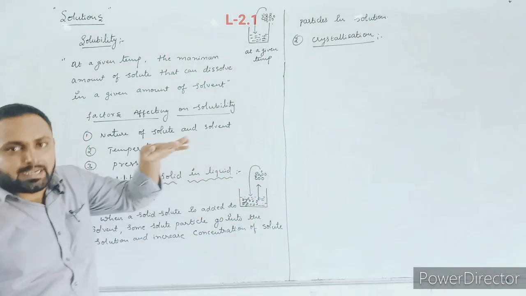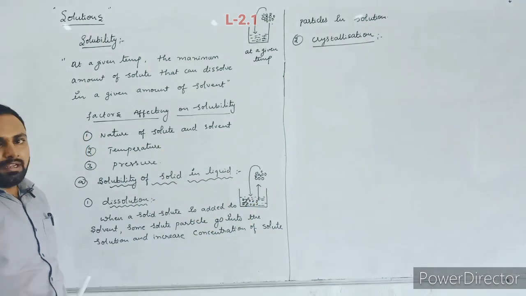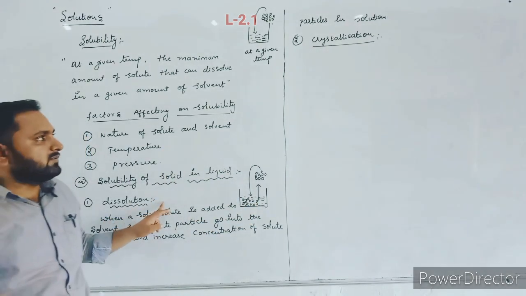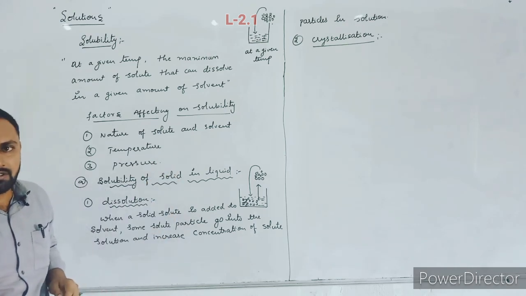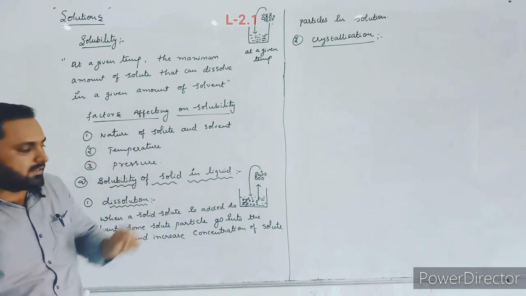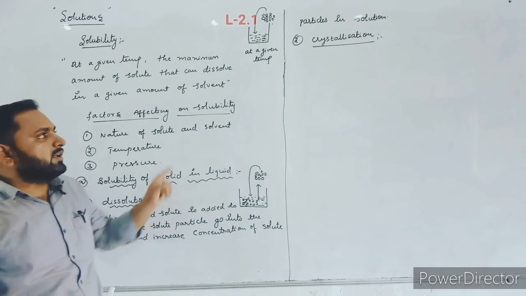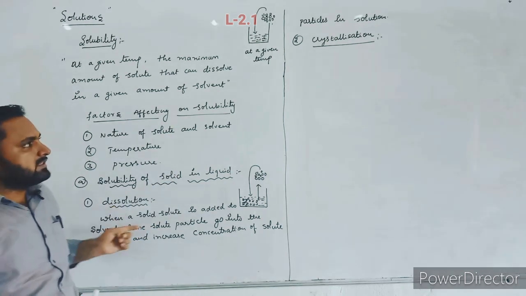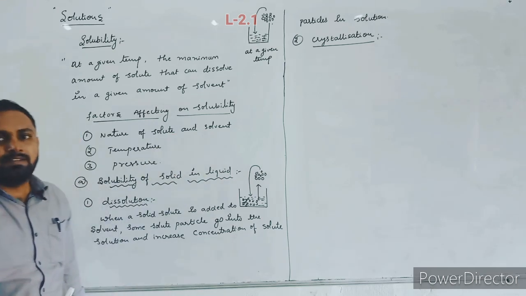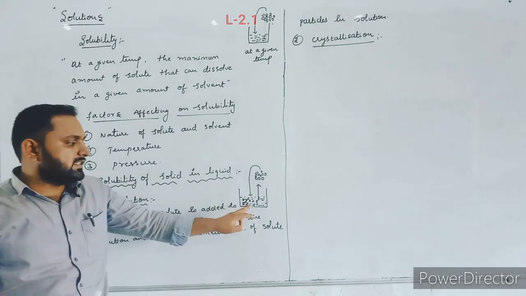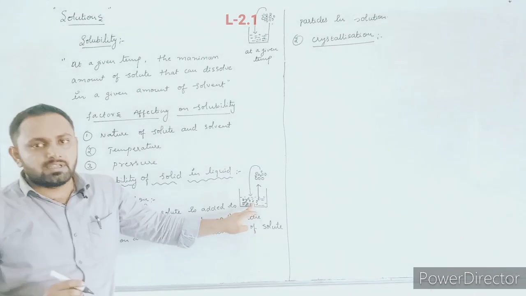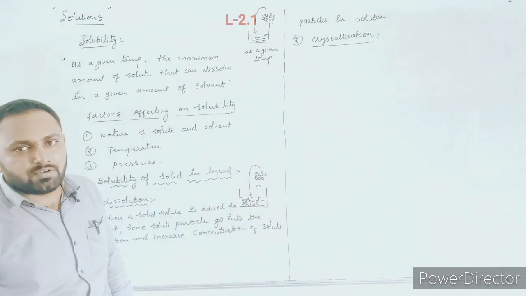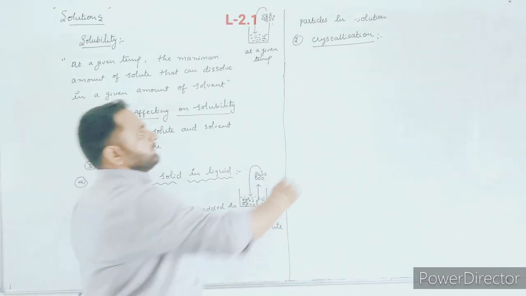During the dissolution, the concentration of solute particles in the solution increases, but during the crystallization, it decreases. Initially, the rate of dissolution is more than the rate of crystallization, but at a particular stage, the rate of dissolution becomes equal to the rate of crystallization. When the rate of dissolution is equal to the rate of crystallization, we can say that the process has reached the equilibrium state.